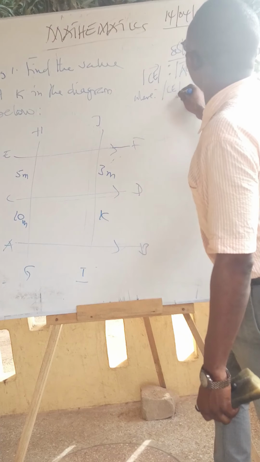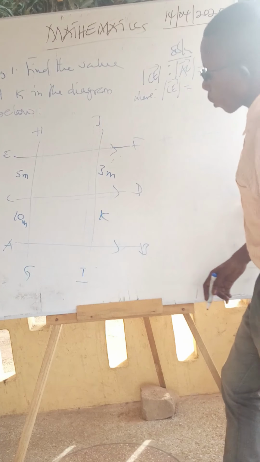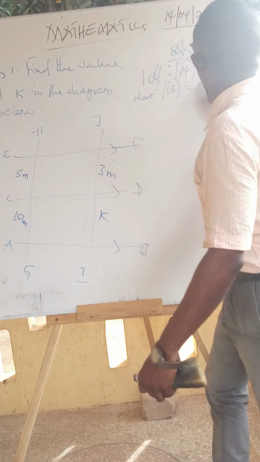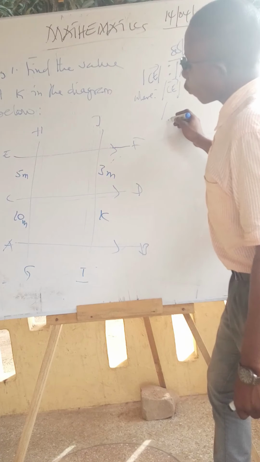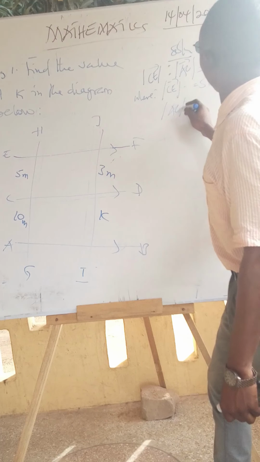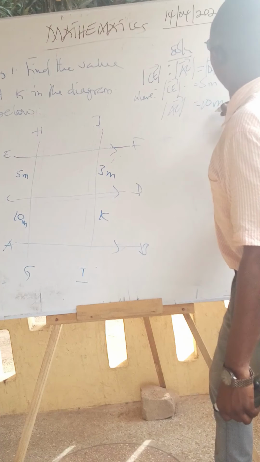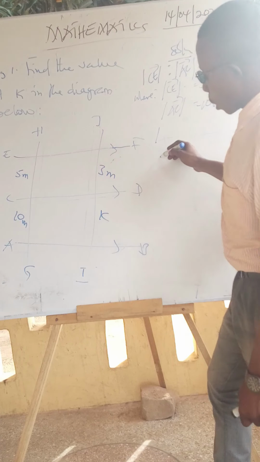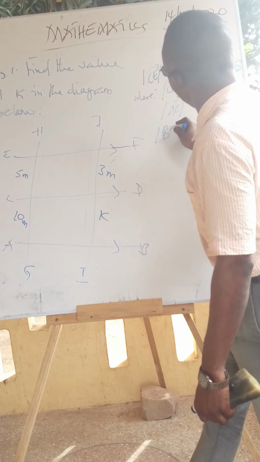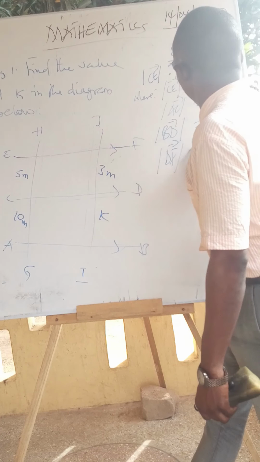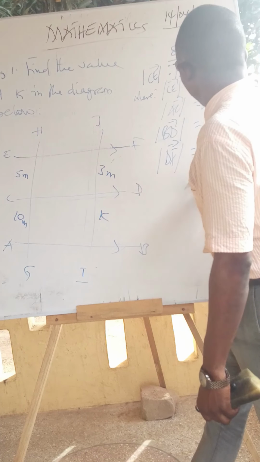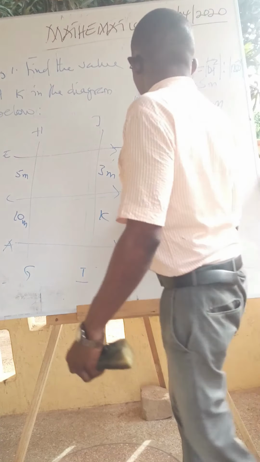length of CE equal to what? CE is 5 meters. Length of AC equal to 10 meters. Length of BD equal to K. Length of DF equal to 3 meters. So this implies